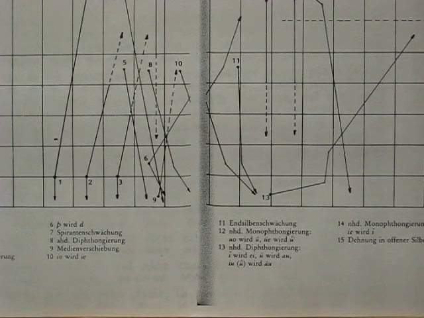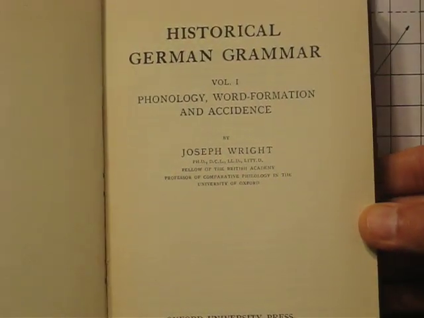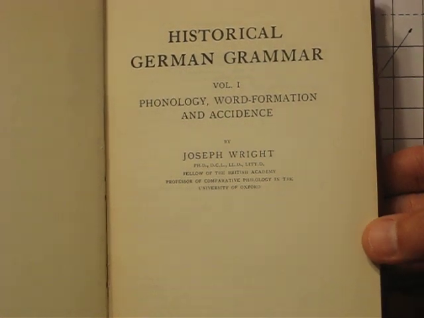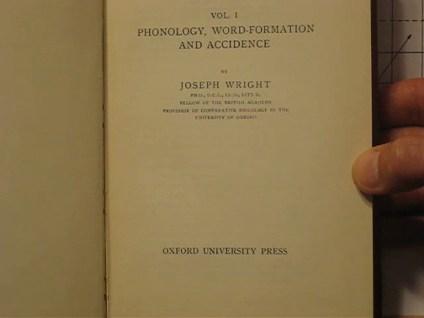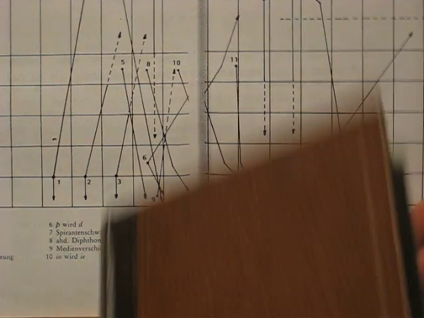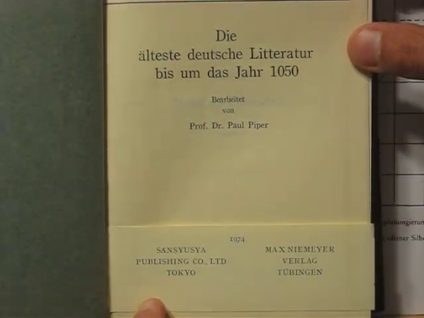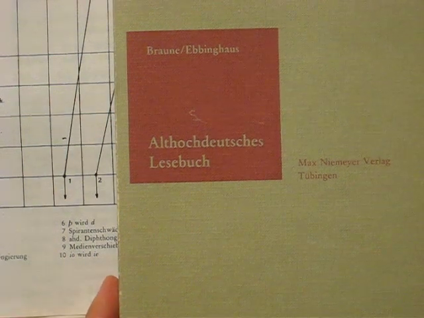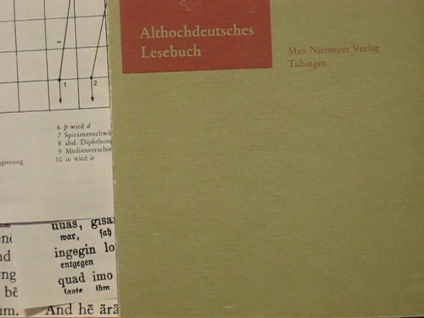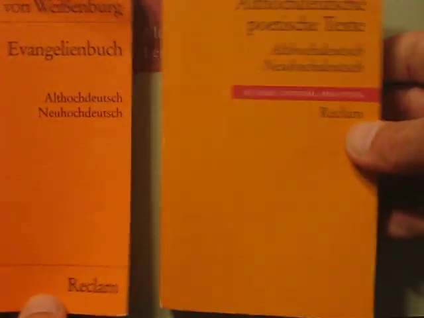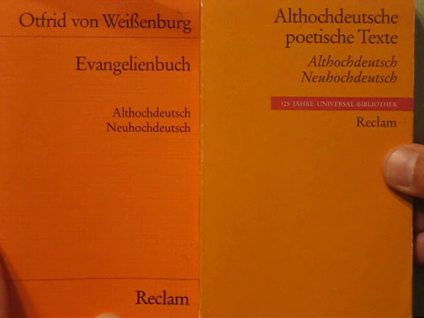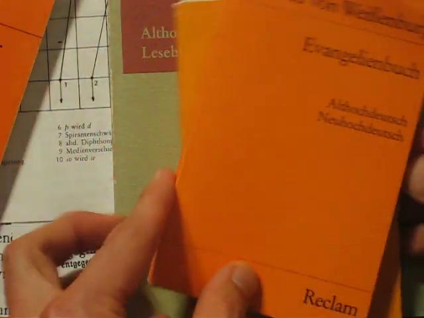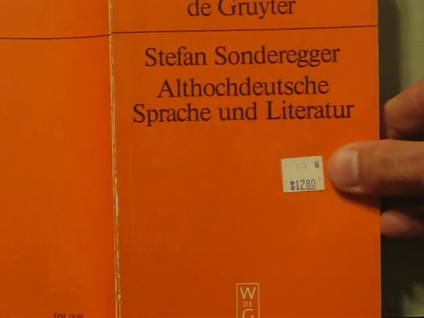And if you're interested in learning Old High German, you need to know Modern German first, which is kind of a shame. It'd be an interesting and instructive task, I think, to learn the German language historically. But there is this Wright's Historical German Grammar in the old Oxford University Press series, and I got my excerpt from it. It was originally published in Germany in 1880, but it was republished in Japan in 1974, this version. And then there is this Althochdeutsches Lesebuch that you can get, and the Reklam Verlag supposedly has 3 books of Old High German, Modern High German, bilingual texts. I've only ever been able to find 2, and then there is this book here. So Old High German,